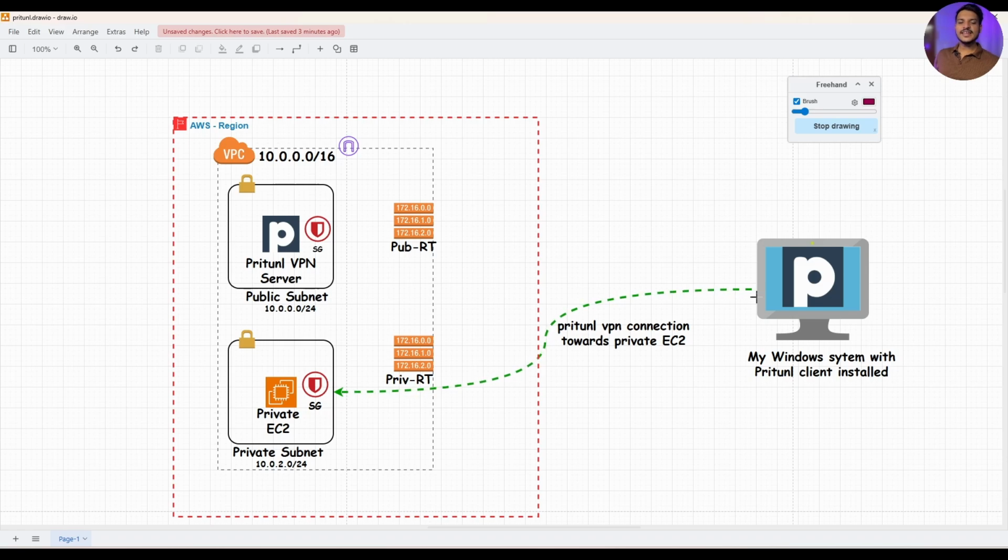So this is Nirbhay, and in this video we're gonna see the complete setup and working of a Pritunl VPN server, where we will try to SSH into a private EC2 deployed into a private subnet by using a Pritunl client installed on our Windows system. Okay, so as you can see on my screen, there will be a VPC and there